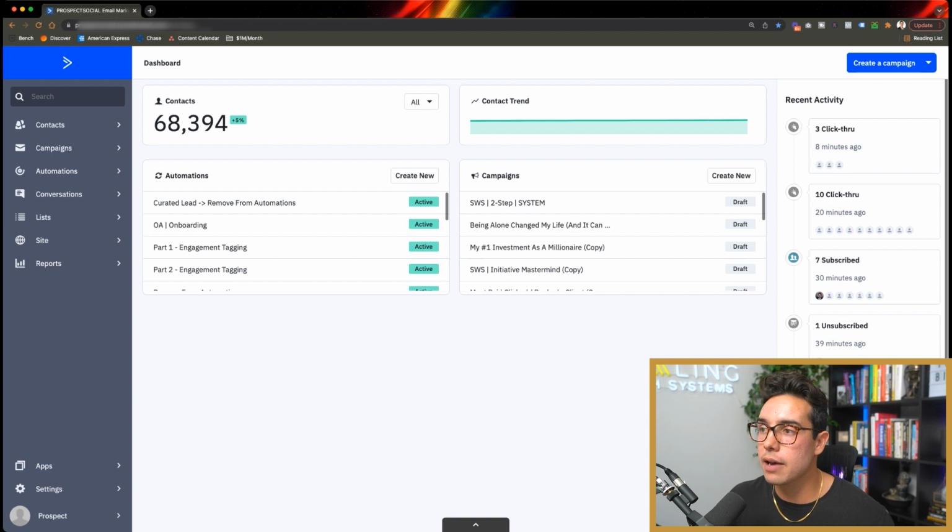As you can see, we have about 70,000 contacts inside this one. And like I said, we're literally sending hundreds of thousands of emails through this one account right here. So pay attention to what I'm talking about because I'm going to give you exact templates and automations you can use. So the dashboard is obviously pretty much the exact same as what I showed before. And the two things I want to show you before we dive into the rest of the video here is